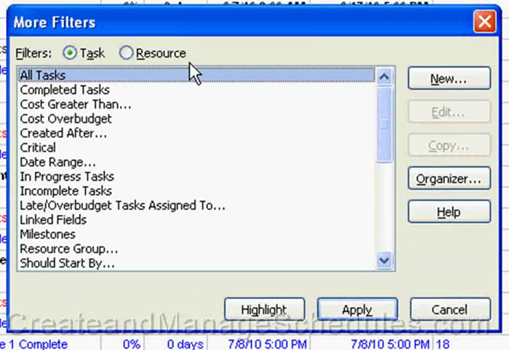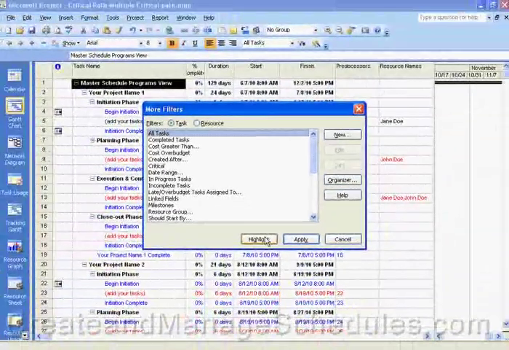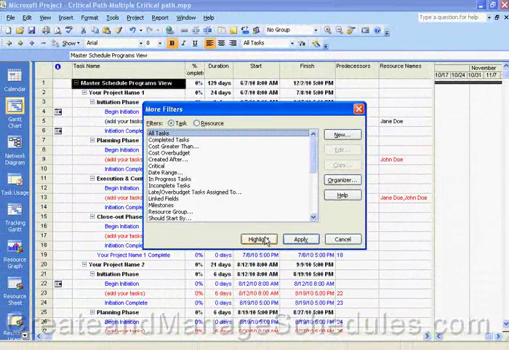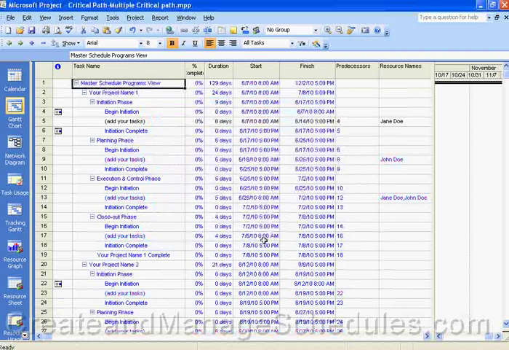And what happens is the more filters dialog box opens up and you can see that you can select a filter from the list here and then click on apply to apply that filter, or you can check highlight. There's a button here that says highlight, and when you click the highlight button, it'll apply highlighting to a filter. So if I select critical and then select highlight,